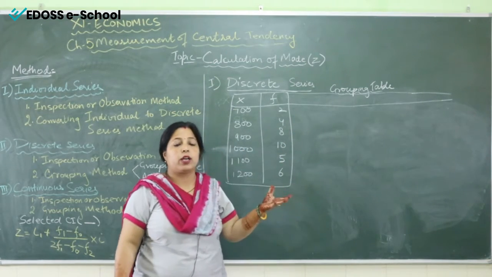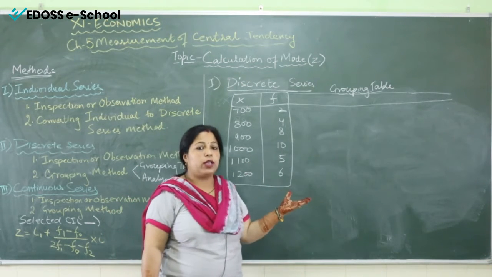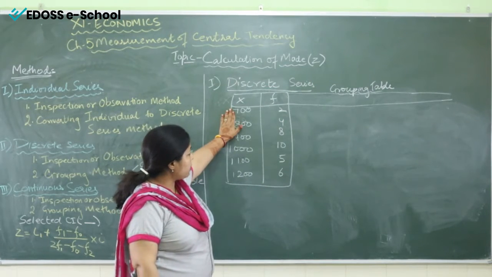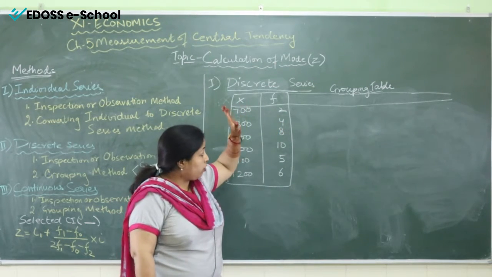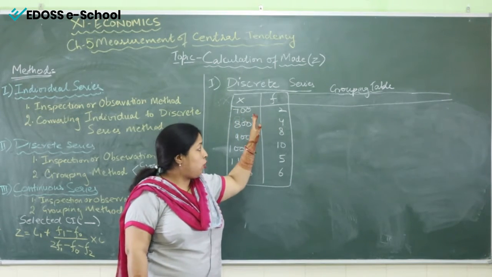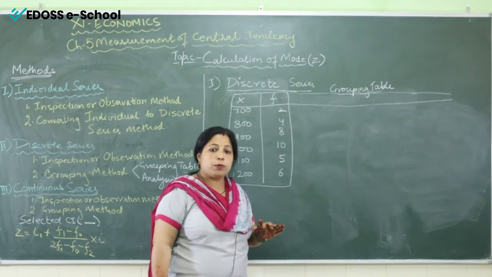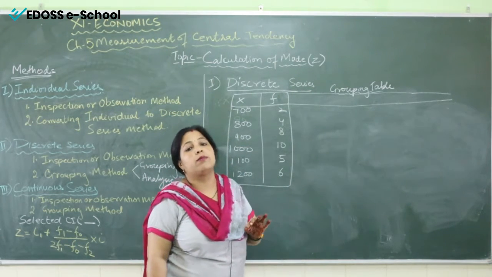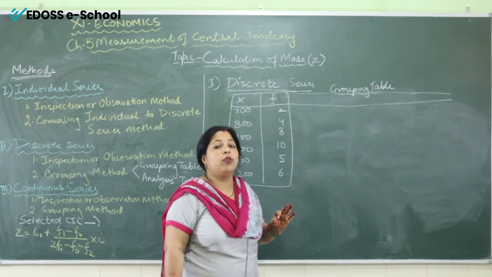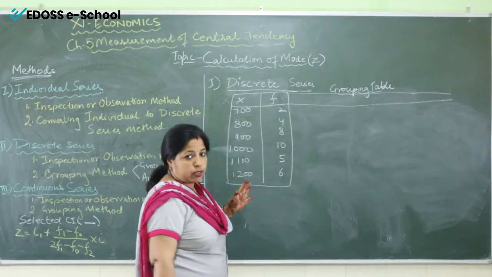Grouping table में क्या होता है? Grouping table में groups frame होते हैं. तो group कैसे frame होते हैं? That I am going to make you understand now. Now see, we have X here, we have F here. So in grouping table we make or we frame the groups of frequencies. हम frequencies के groups बनाएंगे, और groups बनाने में there are 6 columns we have to make. Means there are 6 groups we have to make. So let us start these 6 groups.